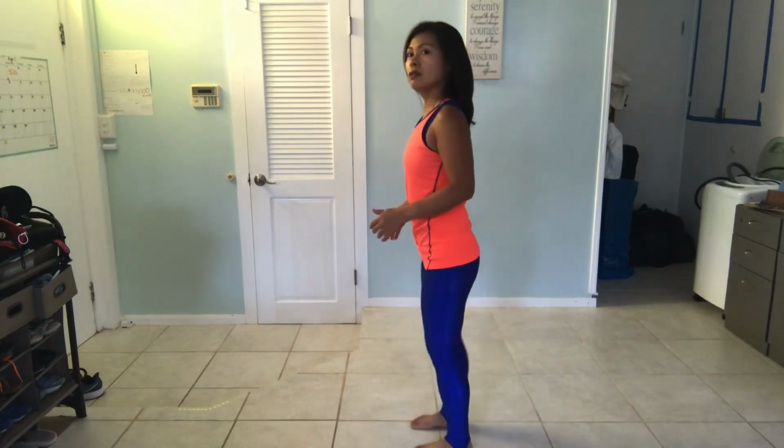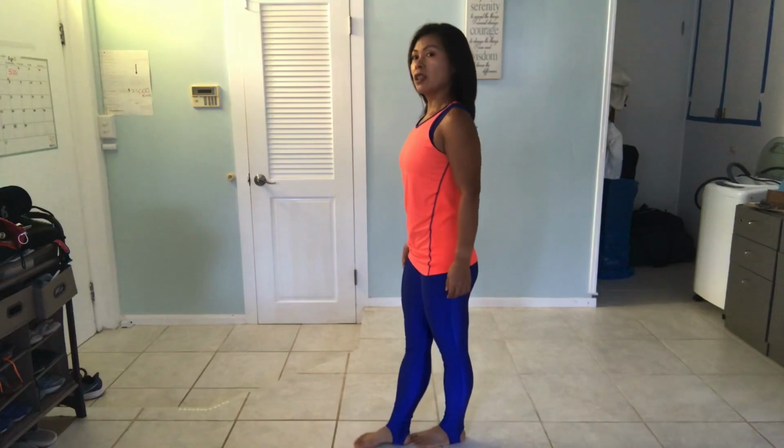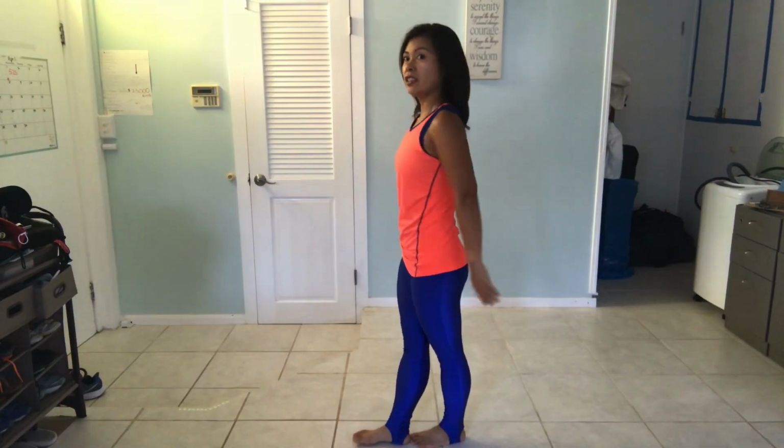So let's start off with standing with good posture. And we're going to do a tandem stand, meaning one foot is in front of the other. Side view. One foot directly in front of the other. They're not spaced out, but in front, tandem. And in this position, the average person finds it very challenging. You're going to find yourself going like this and holding your breath. Go back to the 5 principles, breathing,